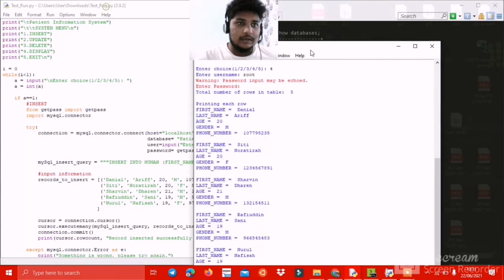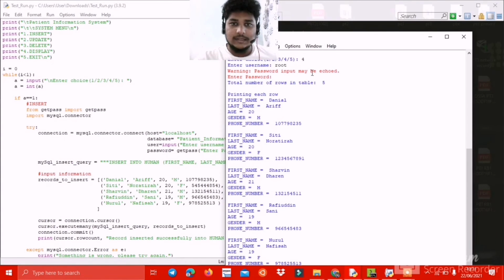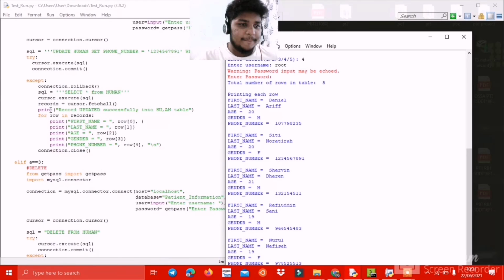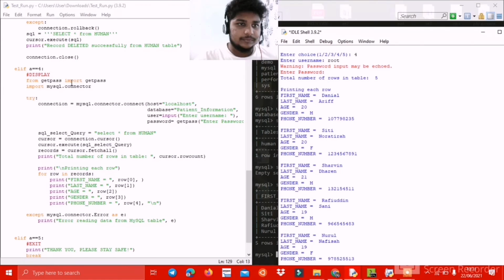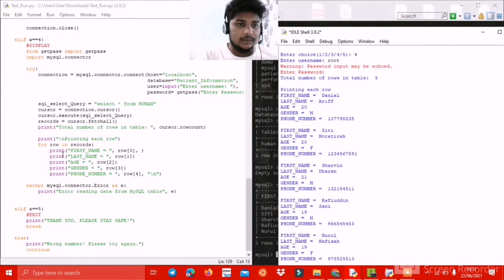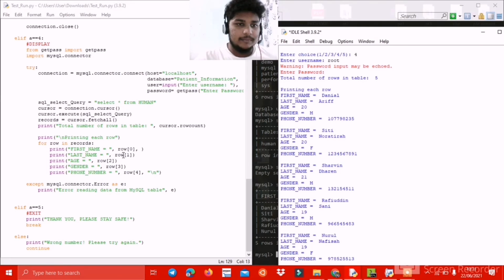Okay, so you can see our first you can see our display coding. Yeah, so this is our display coding here, you can see. So our output should be the first name, last name, age, gender, phone number. It follows the row. You can see here the first one. You can see the first name here, the last name in the second row, the age in the second row, the gender in the third row, and the phone number in the fourth row. So now let's go to